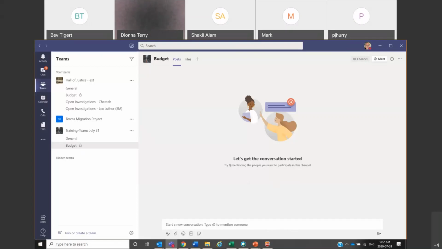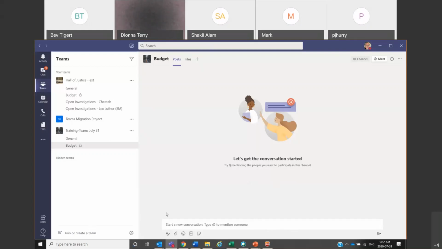Where's the lock symbol? Sorry, where did I see that? Are you in the creation of your channel? I deleted the DJ one, and now I'm on the photographer. Nope, you can't change it. So you have to go in and create a new channel. When you create a new channel, right at the bottom of your description of that channel, you'll see privacy, and that's where you change it.